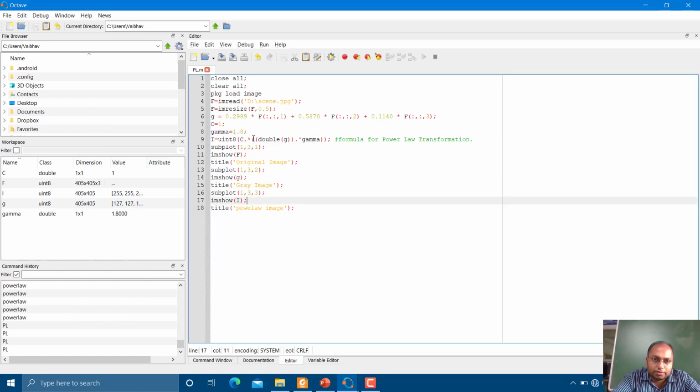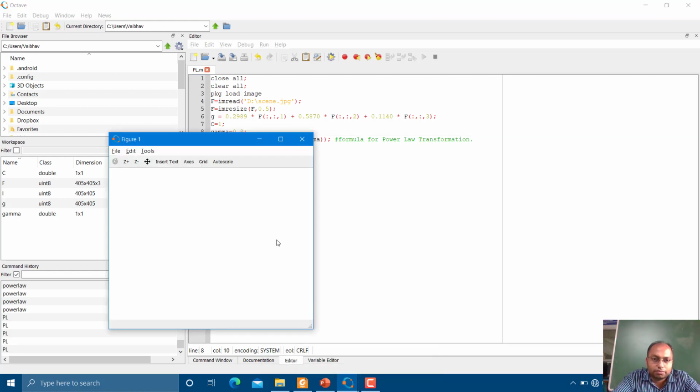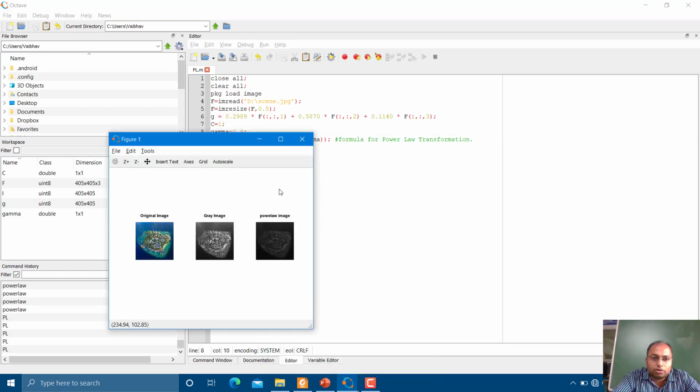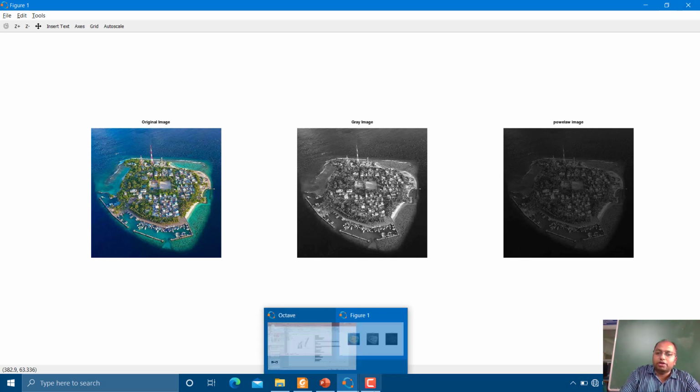Let us change the value again. Let us make it 0.8 and check the output. Now more darker intensities are there. Likewise we can change the value of gamma, and as per our application we can choose the appropriate value of gamma and get more meaningful information from that particular image. Okay, fine. Thank you. We will conclude this lecture right now and continue in the next lecture.